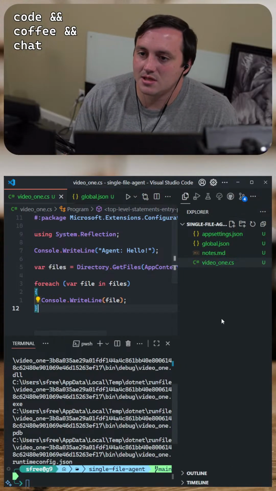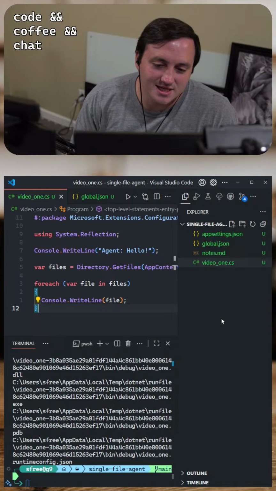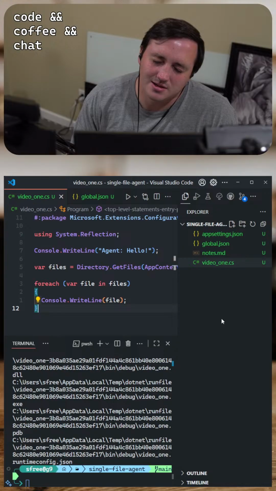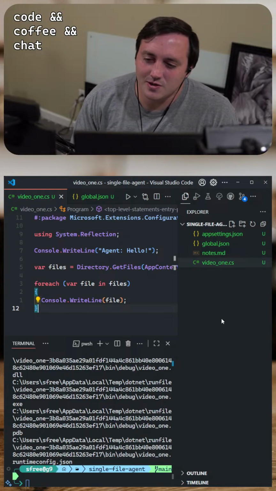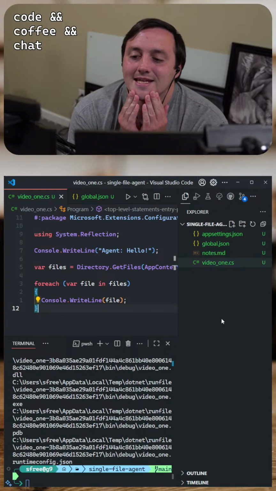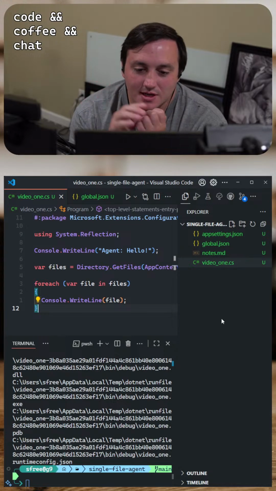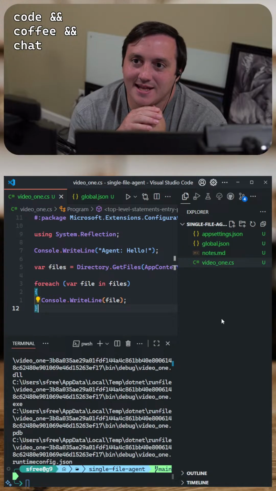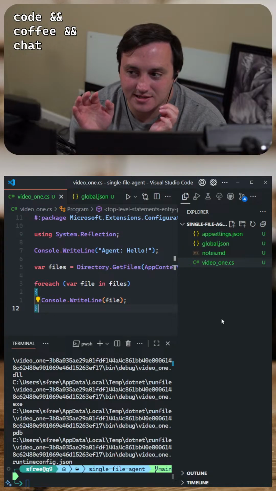Let's see. So I don't typically use Pascal case for naming in C# projects. This is, I don't typically use snake case. This is a unique situation because I'm using a new feature in .NET 10 that basically lets you, you know how you can do node index.js and it'll work? There's a new feature coming in .NET 10 that lets you basically say dotnet index.cs.